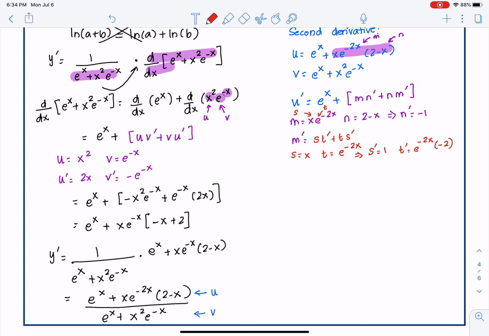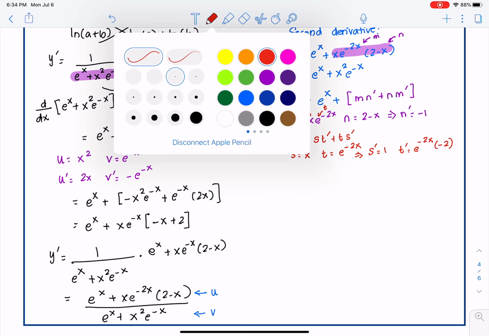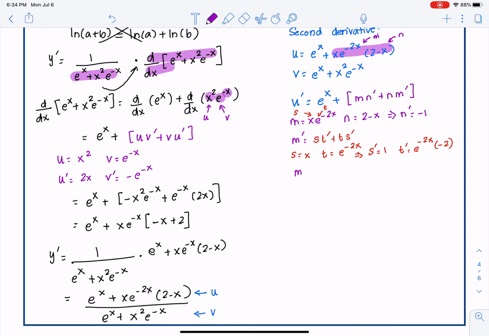So we have found M prime. M prime is x times e raised negative 2x times negative 2, that's S T prime, plus T multiplied by S prime, which is 1. So we have negative 2x e raised negative 2x plus e raised negative 2x. So now we have M prime,